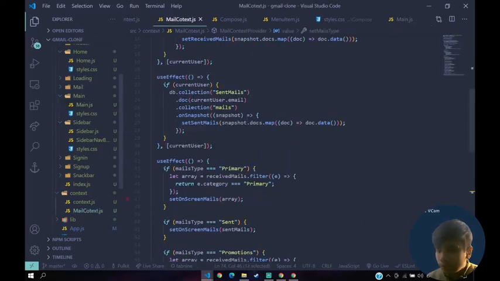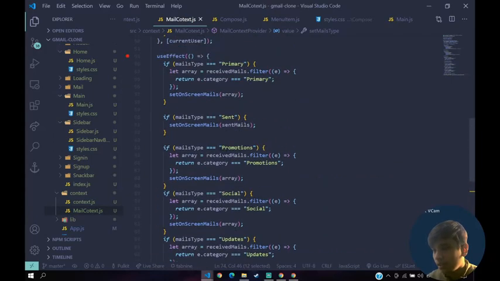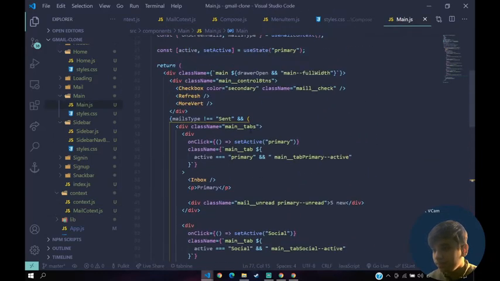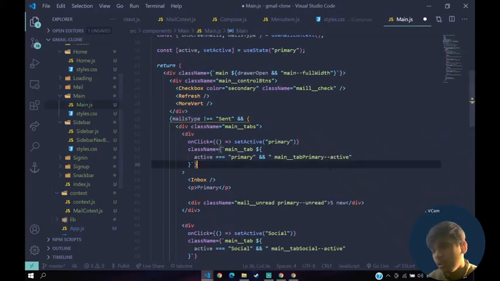So if you go to mail context, how are you doing this? It's mails type sent, that's fine. The spelling is not an issue.